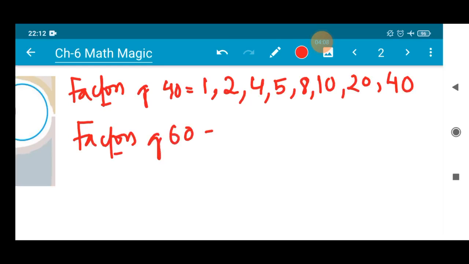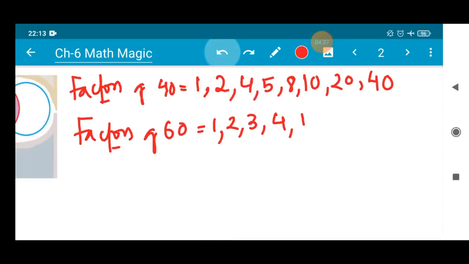Factors of 60 will be, of course, 1 itself, 2 30s are 60, then 3 20s are 60, 4 15s are 60, let us cross check it, 4 5s are 20, 4 1s are 4, 5 6, 60 is absolutely divided by 4. So then I can write 4 here. 5 can divide, 5 12s are 60, sorry, here I forgot to write 5. So 5 12s are 60, 6 10s are 60,